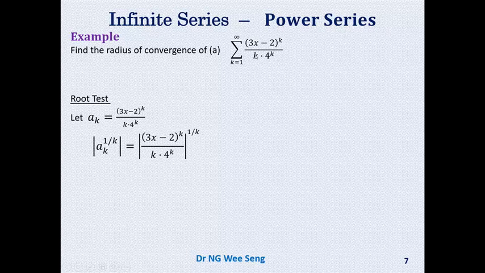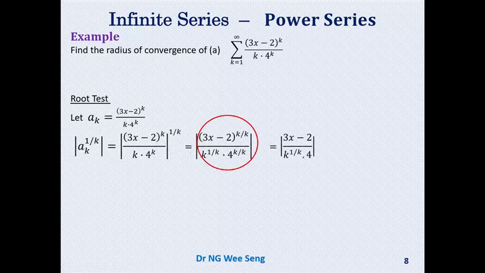In example A, we are asked to find the radius of convergence of this particular series. Let's try to use the root test. You should get the same conclusion if you use the ratio test. We begin by defining a_k to be the term that we are summing. We take the kth root of a_k and take the absolute value. Applying the indices law, we will take the kth root on each and every term: (3x minus 2) to the power k, k, and 4 to the power k. That will lead us to this term,